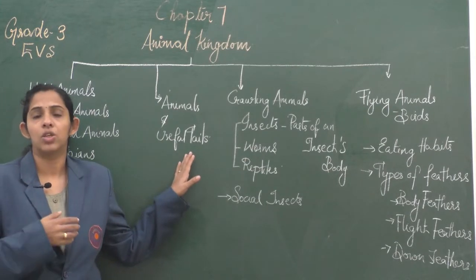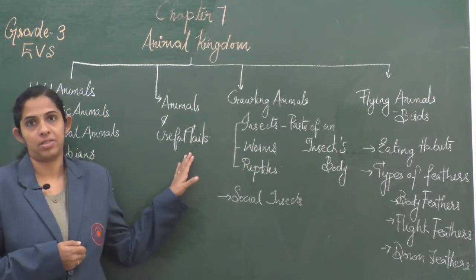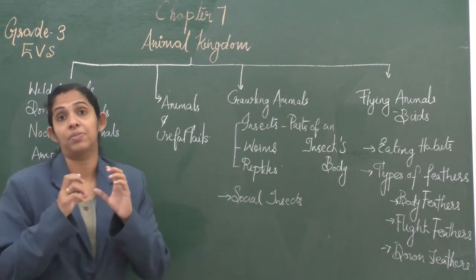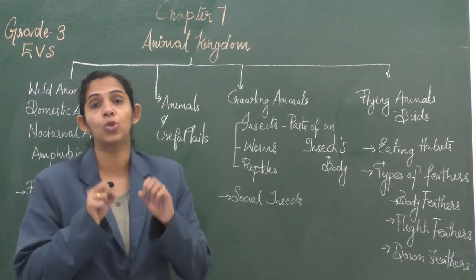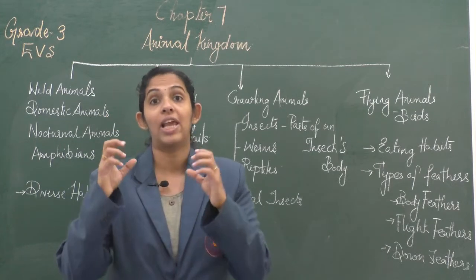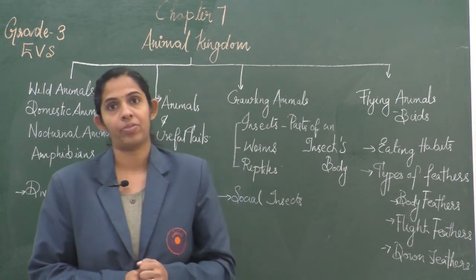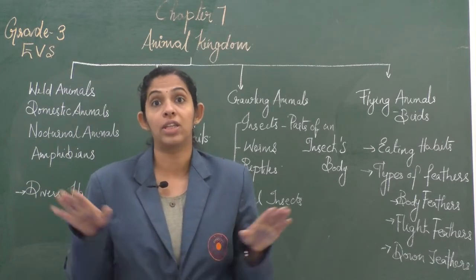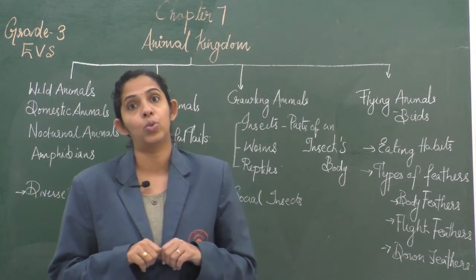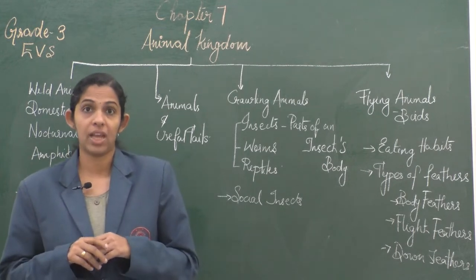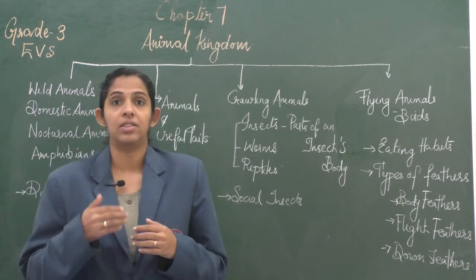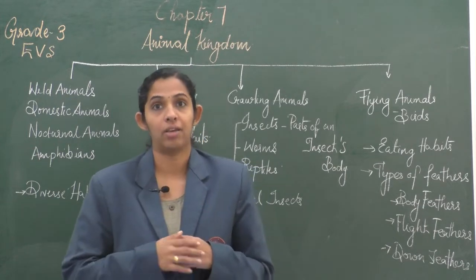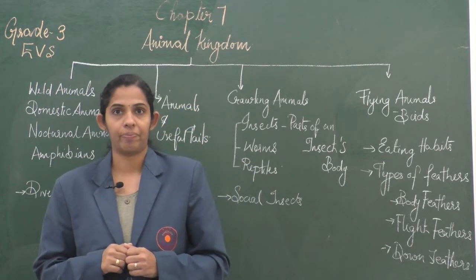Next, we have seen about animals and their useful tails. Different animals use their tails for different purposes. For example, monkeys. We have seen the tail will help monkeys to hold on to things, or it will help them to swing from branches. What about a fish? The fish uses its tail to swim, or they balance their movement during swimming. And birds, the tails will help the birds to steer while flying or control their movement while flying.